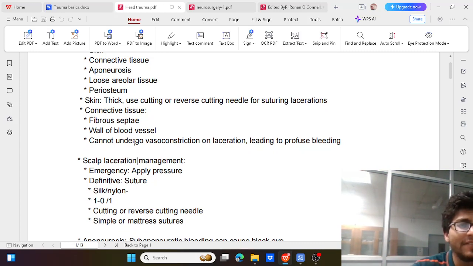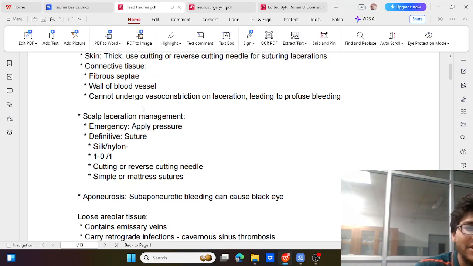These blood vessels between these septa are difficult to close or vasoconstrict in case of injury, which causes a very high amount of bleeding. So it is very important that we check the patient, and if there is any bleeding, then we have to control it by pressure and by suturing. So scalp laceration, how is it managed? First we have to press and control the bleeding, and then definitively do suturing,